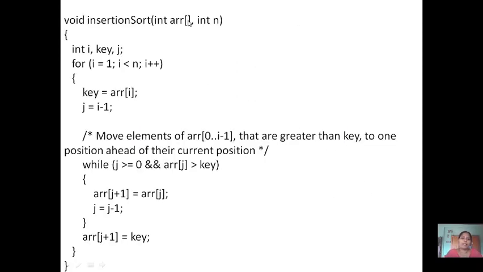See the algorithm for this. So here what we are doing is, we will be taking the first element till the n minus 1th element. We will be taking the key temporary variable as a of i position. j will be in the previous location, i minus 1 location. So what we are checking is, until j is greater than or equal to 0 and a of j is greater than the key value, we will be moving the elements, and every time you are coming backward by making j equal to j minus 1.